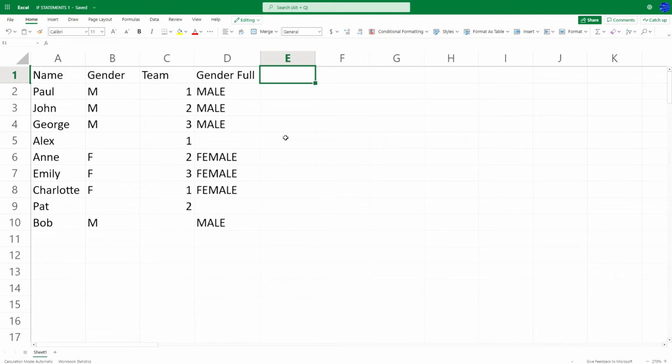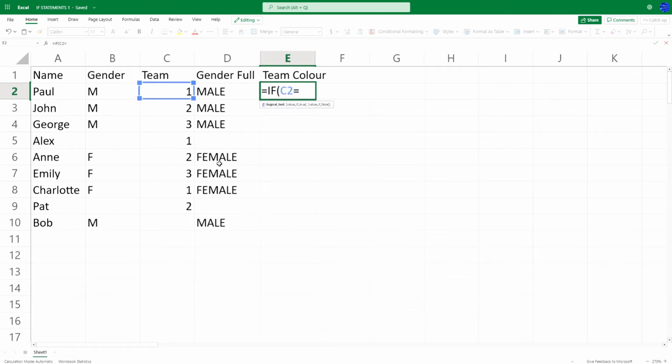So we're just going to have to use these teams. So we have team colour again. Let's widen that column. And we're going to now start with our if statement again. So we're going to go equals if. Let's look at our team number. If C2 equals,